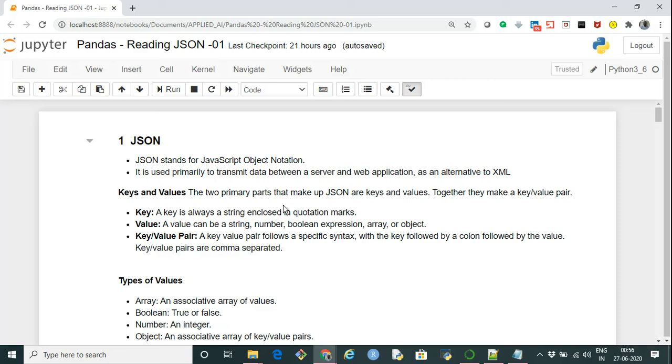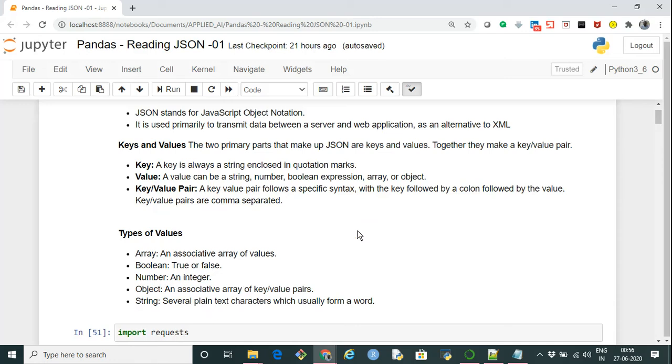So what we have is a key value pair. A key value pair follows a specific syntax. We have a key followed by a colon, and then we have a value. That is why it is called a key value pair. And these key value pairs are separated by commas within a JSON. So what are the different types of values we can have for a given key?